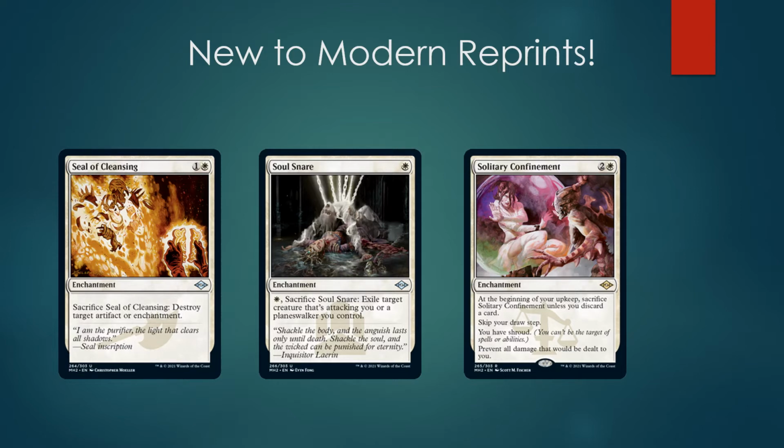Then we got Soul Snare, a little strange. Didn't expect to see this guy or girl, I guess it is on the art. Yeah, this is a card originally from the first Commander set, I believe. The one in like 2011 or maybe the 2013 one. I don't quite remember. This is sweet. Yeah, this is a pretty cool card. Yeah, it's an